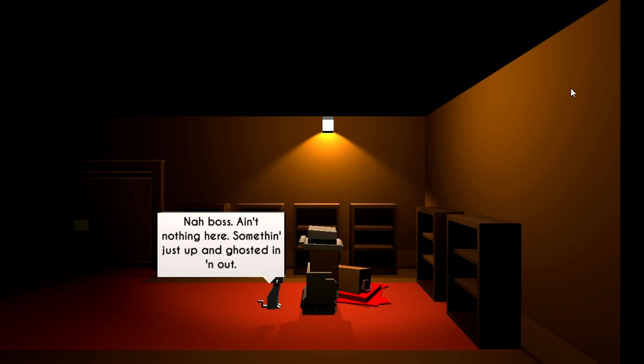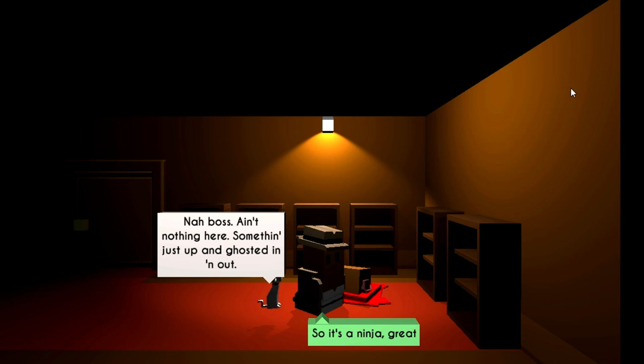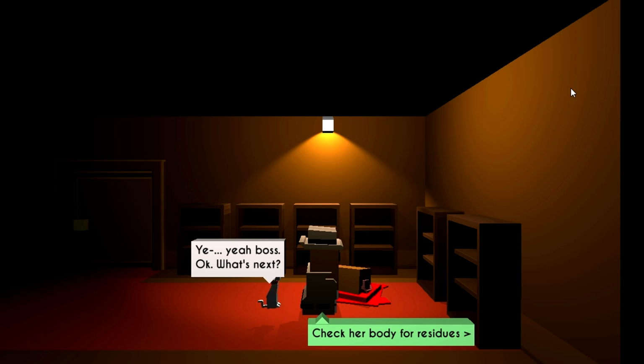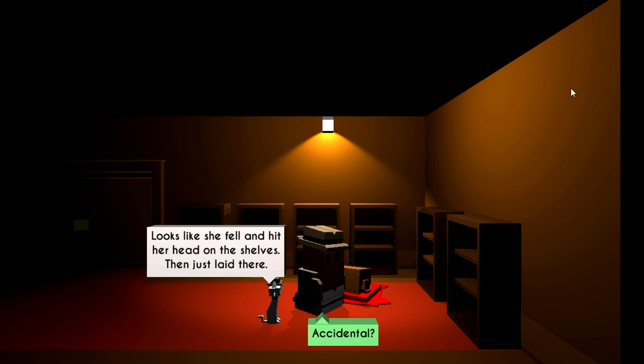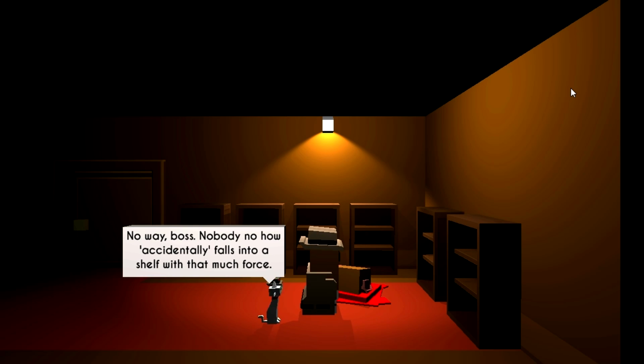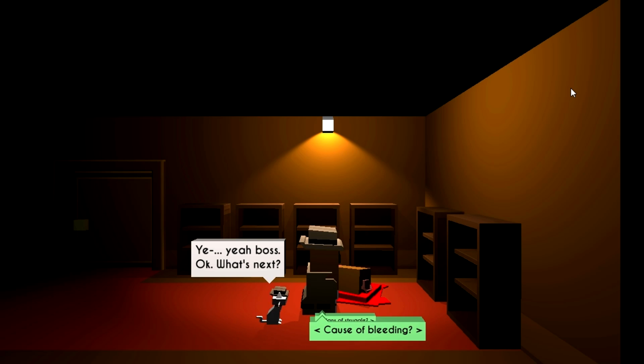Seeing any footprints I'm missing? Nah, boss, ain't nothing here. Something just up and ghosted in and out. So we've got a ninja that we're worried about. Signs of a struggle? Nah, she's laying all peaceful-like, so it must have been quick. And cause of bleeding? Looks like she fell and hit her head on the shelf. Accidental? No way, boss. Nobody accidentally falls into a shelf with that much force. Okay, and have we gone through everything here? Oh, cause of death is